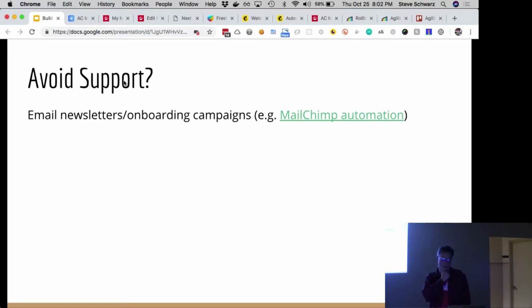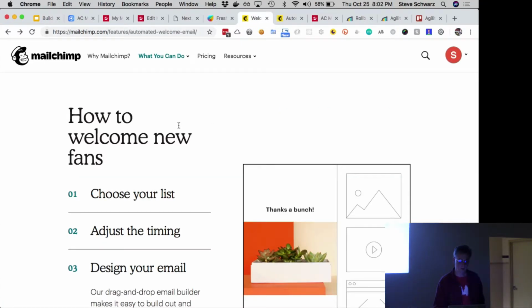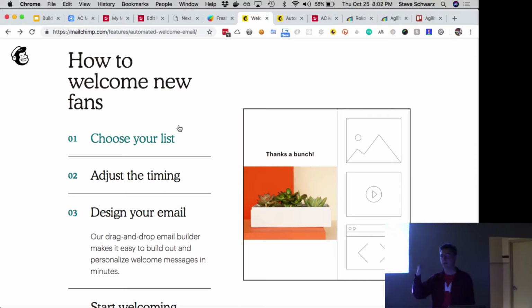Right? Because if you're a one-person shop, think newsletters and onboarding campaigns. MailChimp just made MailChimp automation free within the last year, I think. So when someone signs up, I add them to my MailChimp automatically. They have integration to do that. I use Auth0 for authentication. They have hooks, so I'll create their email, add them to the getting started list, and then you can define